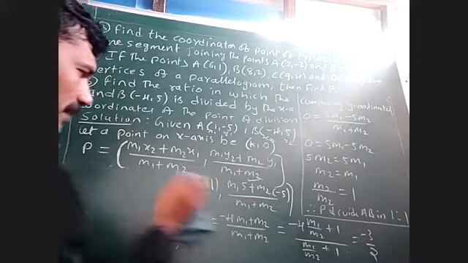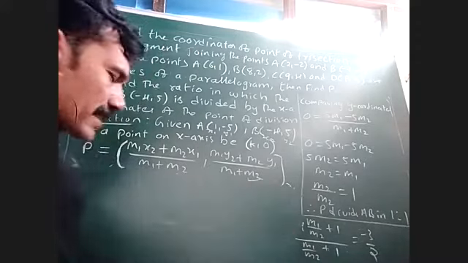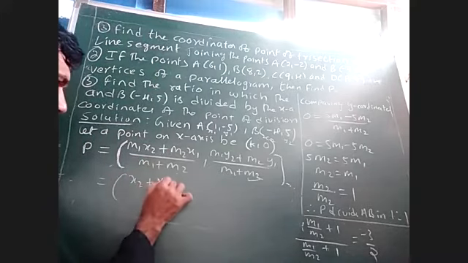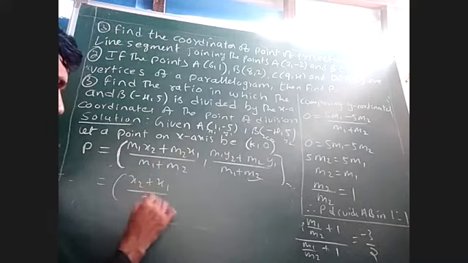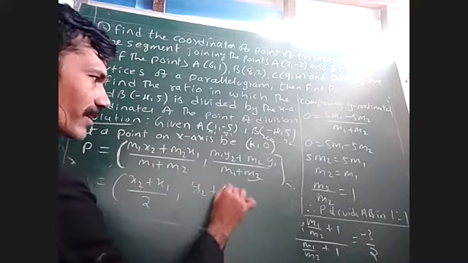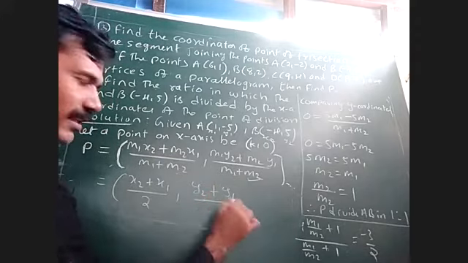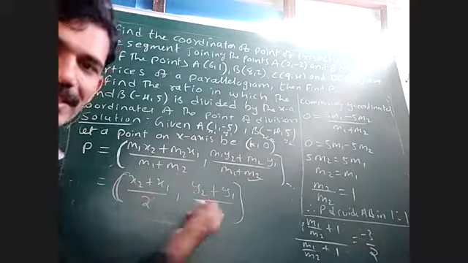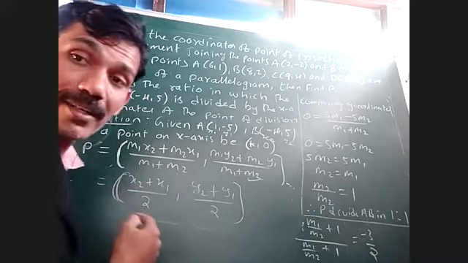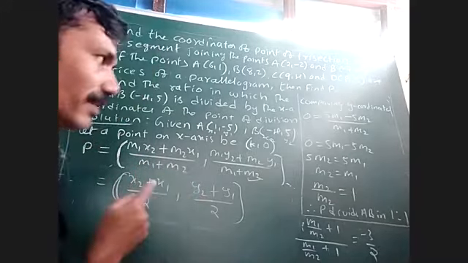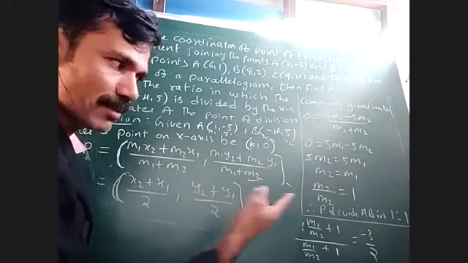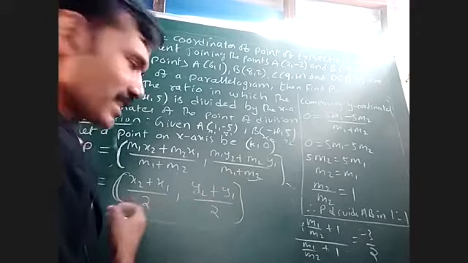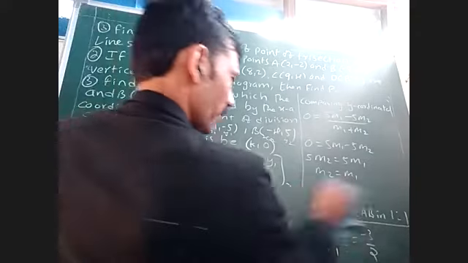This question is over, just a little extension. The midpoint we will discuss. Both are 1:1, so here x2 plus x1, 1 plus 1, that is 2. Here also 1:1, so y1 plus y2 by 2. So this is the midpoint formula. No need to use the section formula when that point is the midpoint. We'll verify that. Just now we got the P value as minus 3 by 2, comma 0. We'll get that here or not. Okay, this also we will verify.